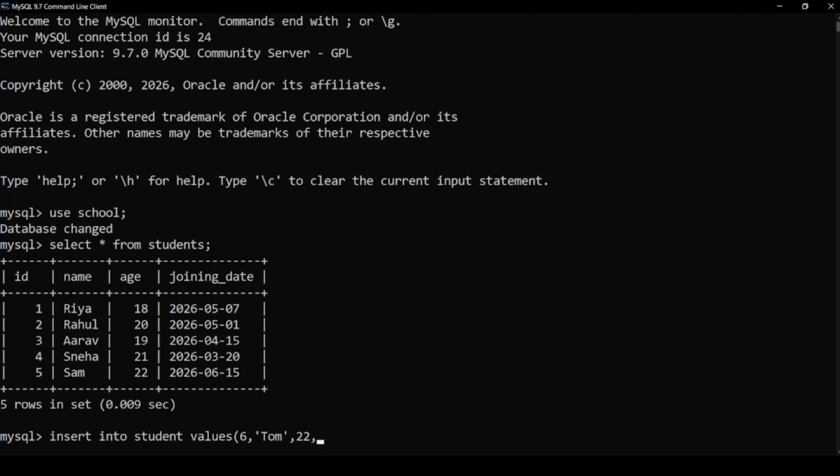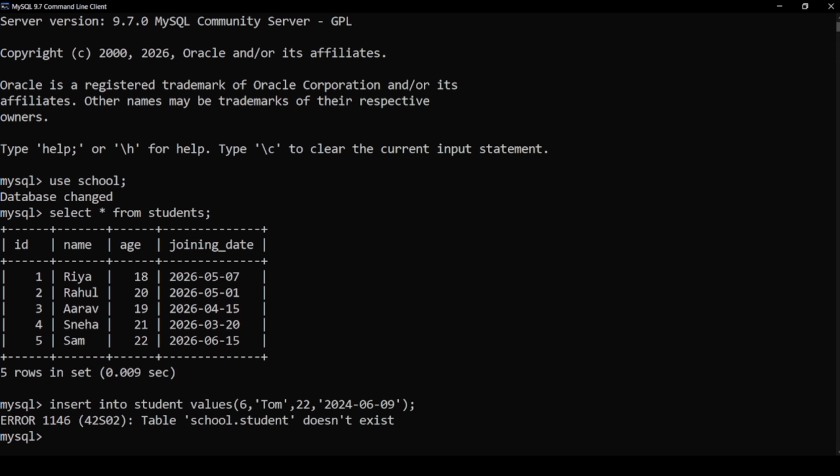I'm mentioning the joining date, so there should be quotation marks with the date as well. So I'll mention 2024-06-09. Close the quotation mark, close the bracket and put the semicolon. See, if I have created my table with the name student, then it has to be student in the inserting also. If my table name is students, if it is plural, then it has to be plural. So I'll mention here S.